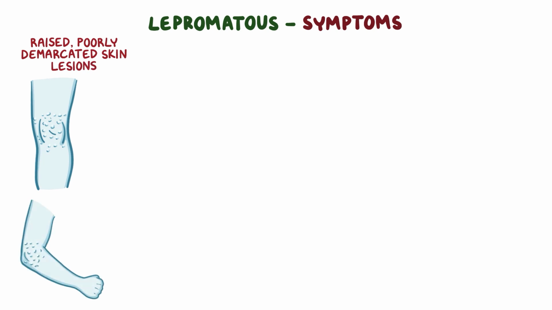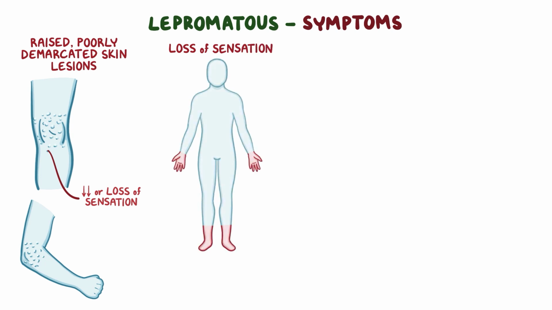With the lepromatous form, there are numerous raised, poorly demarcated skin lesions that can be found on extensor surfaces of the extremities. Within these skin patches, there might be diminished sensation or a loss of sensation altogether. And overall, there's a loss of sensation in the limbs, with a glove and stocking distribution. There might also be paresthesias, which are abnormal dermal sensations like tingling or numbness in the hands or feet,